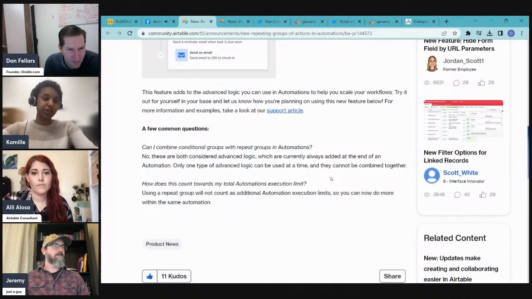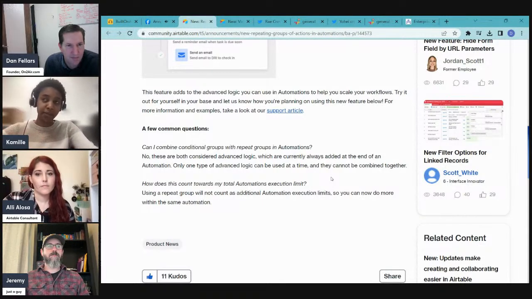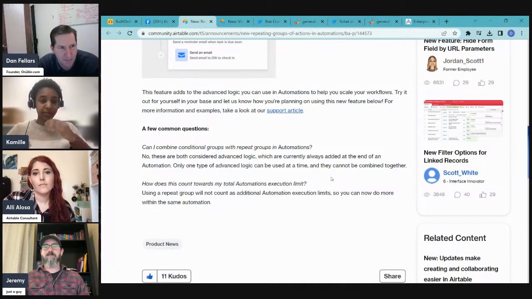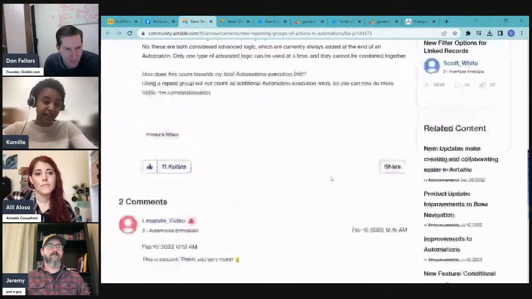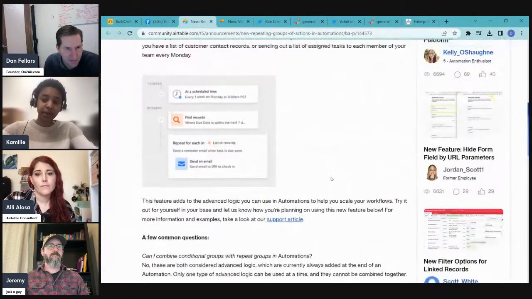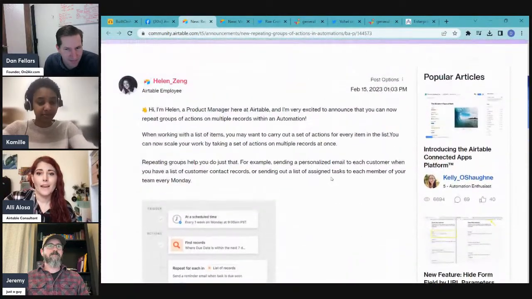I do wish you could, as it's looping through, it will give you whatever the current item in your loop is, but it doesn't give the item index. So if you have 50 records found from a find record step, it doesn't let you know that you're on 30 out of 50. That could be useful in a lot of different ways. And so I am hoping that in improvements down the line, they include the loop index and sorting of arrays. That'd be great. Yeah, exactly.